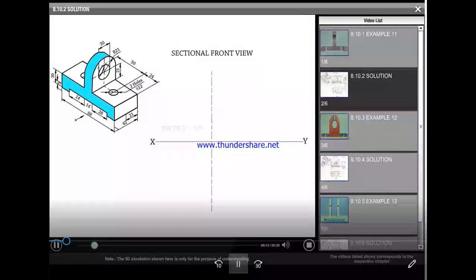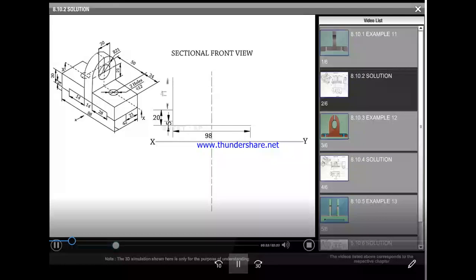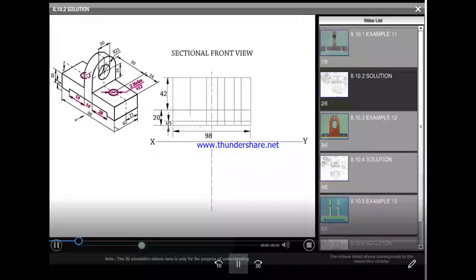As the cutting plane passes through the three holes, all three holes are visible in the front view. Complete the sectional front view by hatching the sectioned surface, excluding the holes.